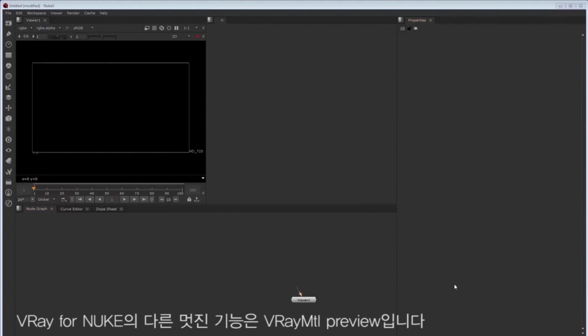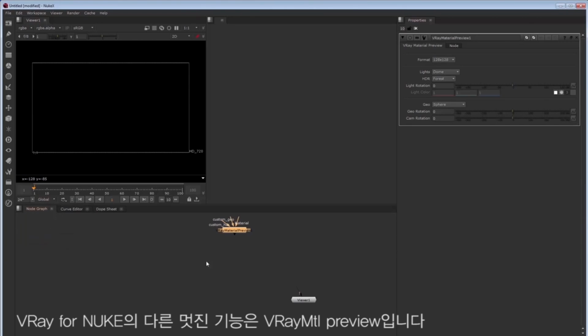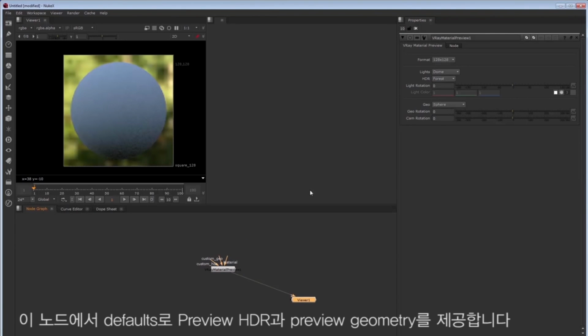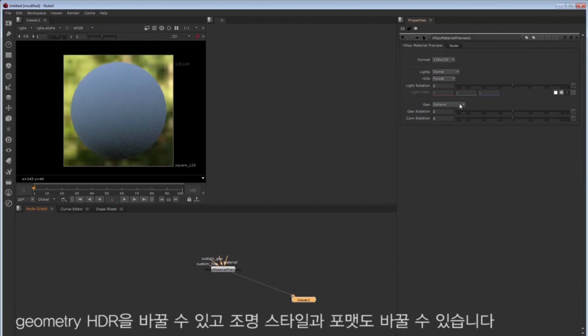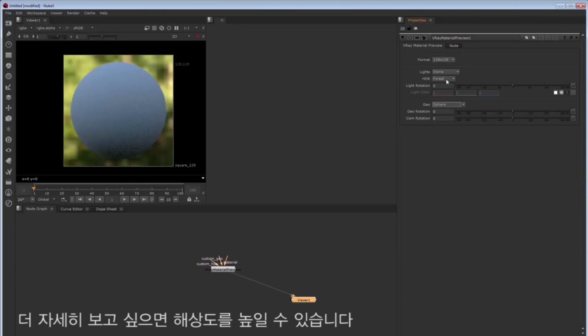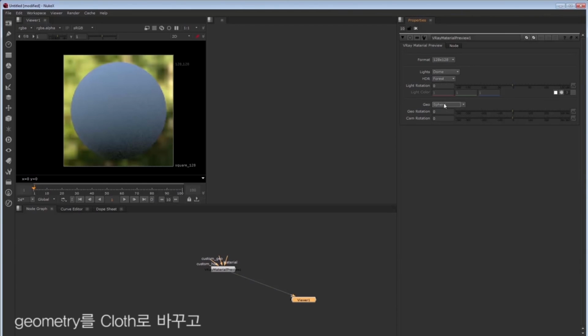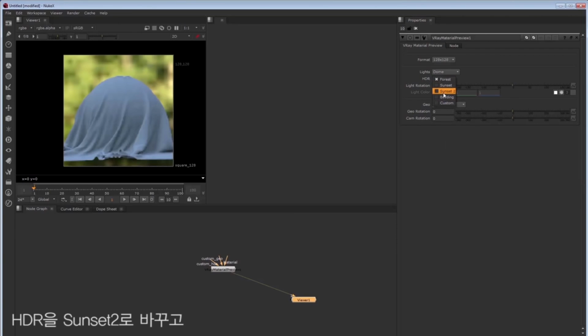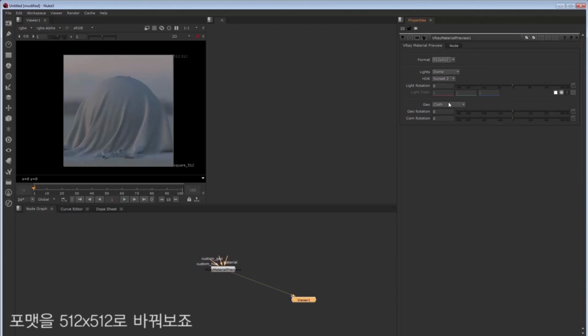So another really cool feature of V-Ray for Nuke is the VRayMaterialPreview. In this node, the defaults are to provide a preview HDR and a preview geometry. You can change the geometry, the HDR, and even the lighting style, and even the format to make it higher resolution if you want to see more detail. So let's change the geometry to cloth and the HDR to Sunset 2. We'll change the format to 512, and